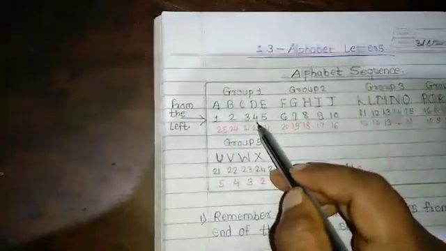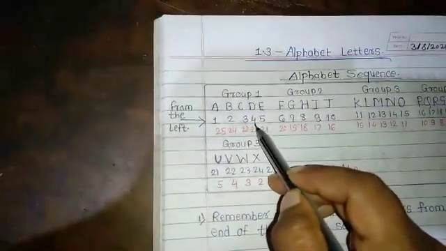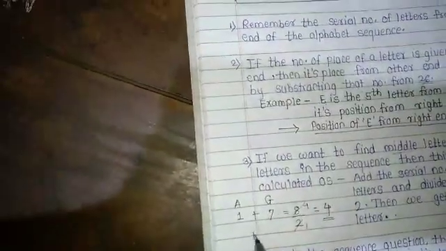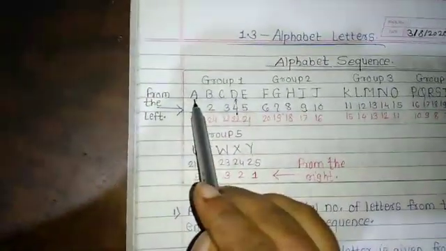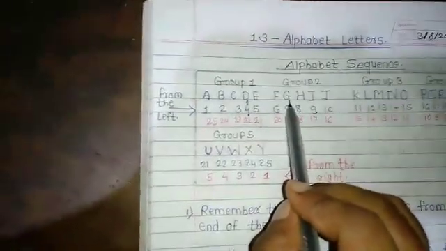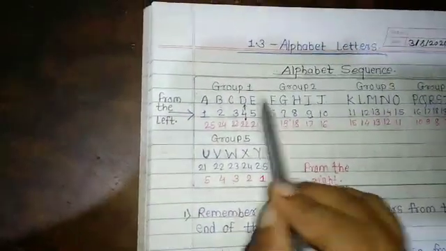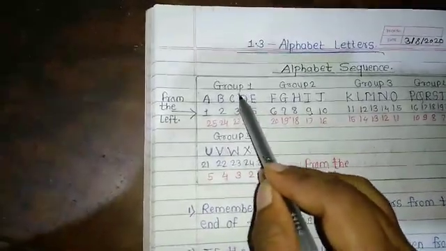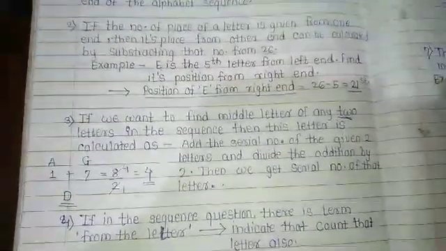And check where the number 4 is in the serial number. The number is 4 here. And what is the letter for 4? It is D. So what is the letter between A and G? The middle letter between A and G is D. Let's check. Yes, A and G. To find the middle letter, we leave this F, B, again E, C, and we get D is the middle letter. So by using this calculation, we can find the middle letter of any two letters.